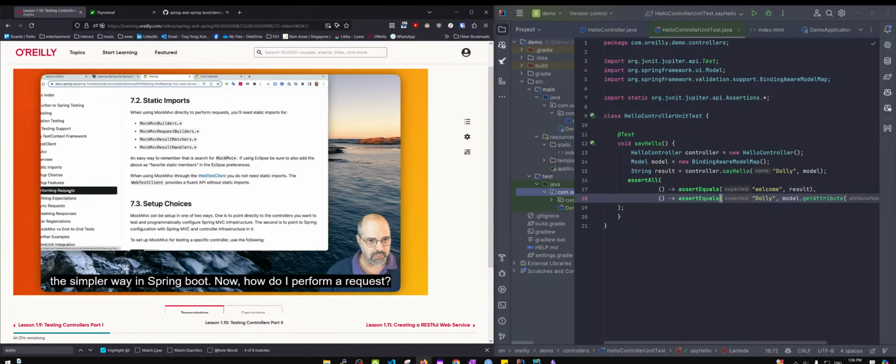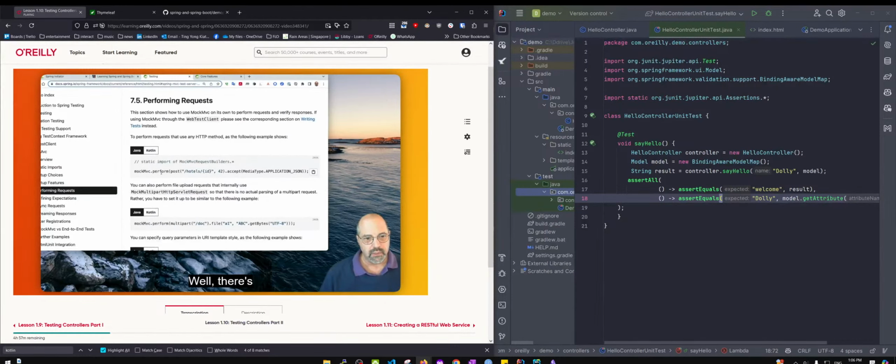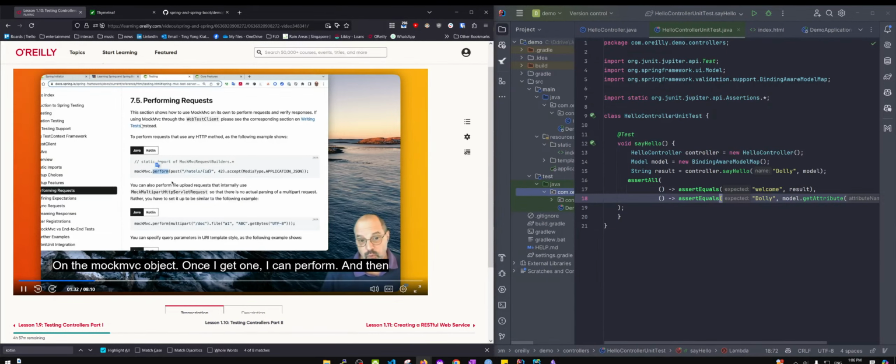Now, how do I perform a request? Well, on the mock MVC object, once I get one, I can perform